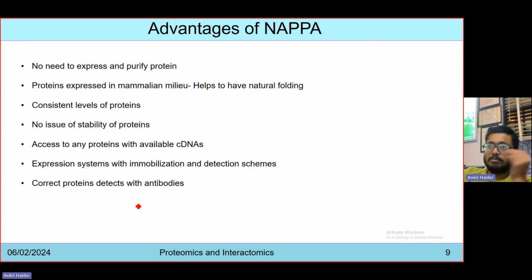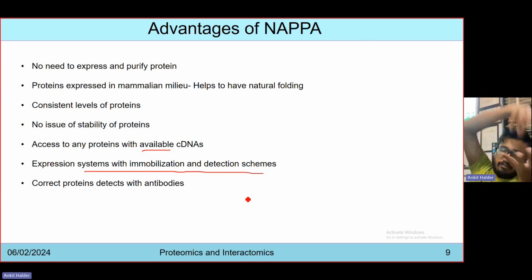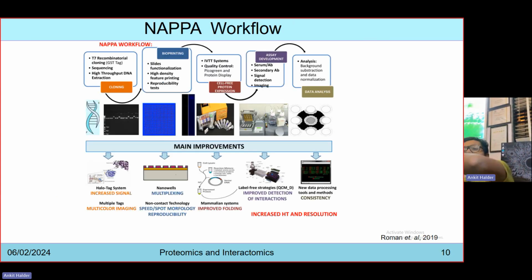So we can access any proteins with the available cDNAs, and the expression systems with the immobilization and detection schemes. If we have the antibodies, they will get immobilized to that particular amino acid region or position only, and for detection, the correct proteins will be detected through different antibodies. So this is how overall